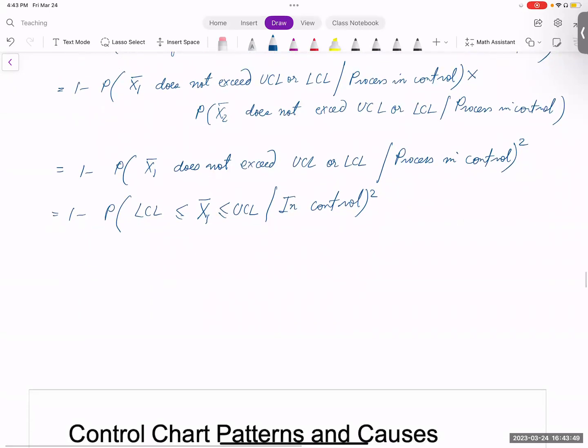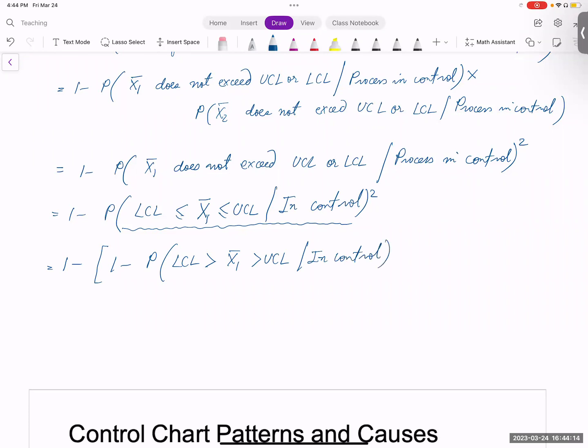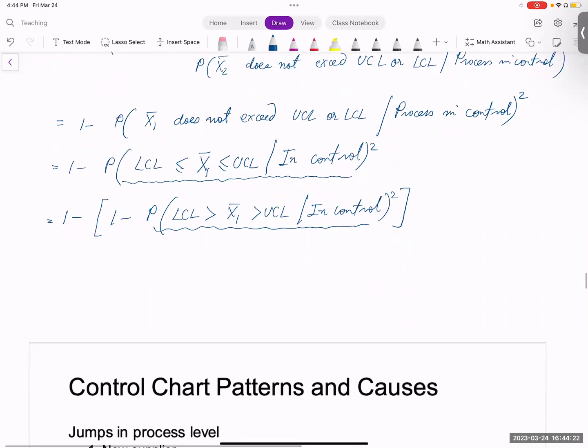Now, if you remember this term right here, we just looked at the definition of this term in a couple of slides earlier. I'll tell you what this is. This is equal to 1 minus, I can write this as 1 minus probability X1 bar is greater than UCL or less than LCL, given the process is in control. I hope maybe now you can recognize this term. This term is just type 1 error for a 3 sigma control chart. So this is equal to 1 minus alpha